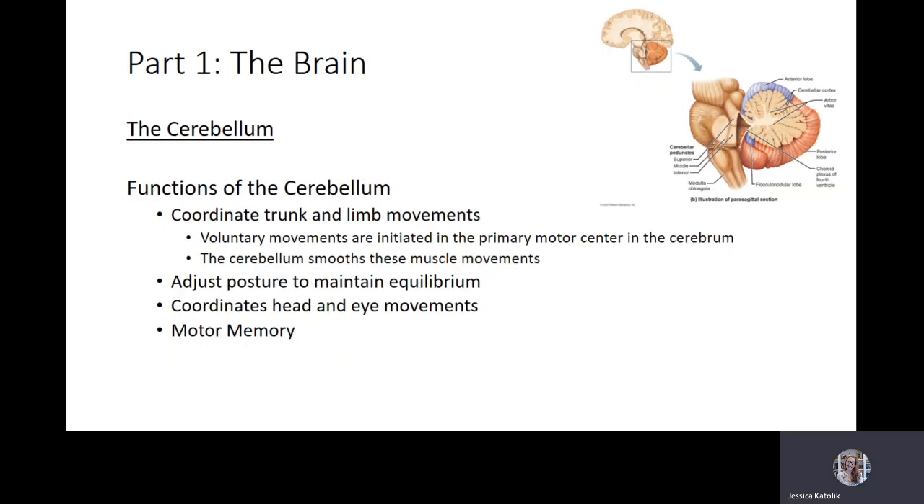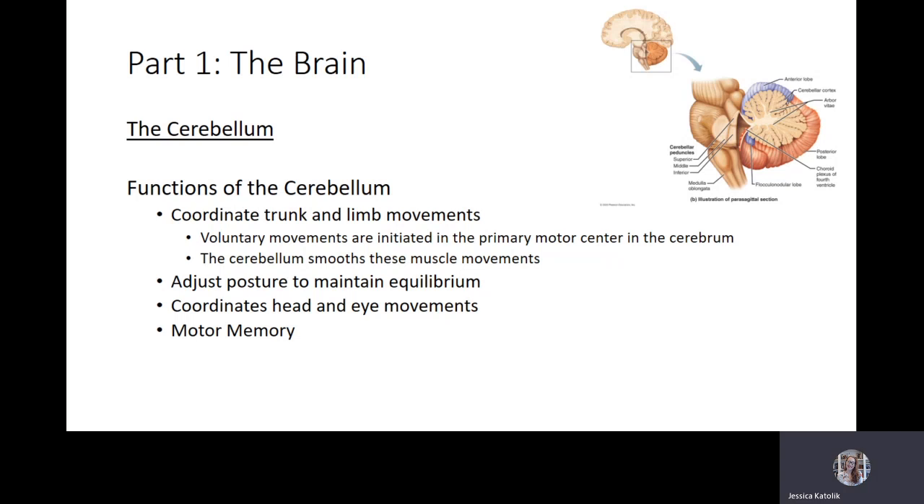Now to the functions of the cerebellum. The cerebellum's major function is to coordinate the movements of the trunk and the limbs. It is important to know that the cerebellum doesn't initiate these motions. Rather, these motions are initiated in the cerebrum, specifically in the primary motor centers. However, the primary motor centers create very jerky and kind of coarse motions. And so what the cerebellum does is smooth out these motions